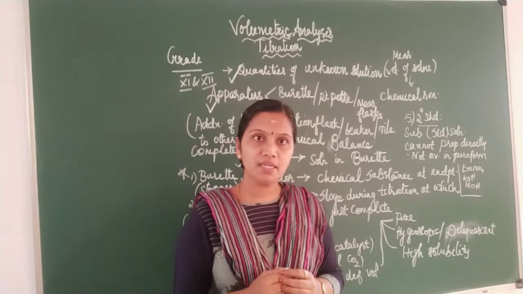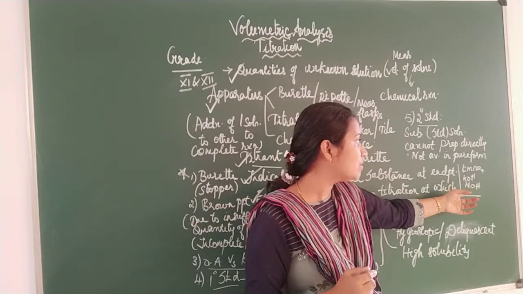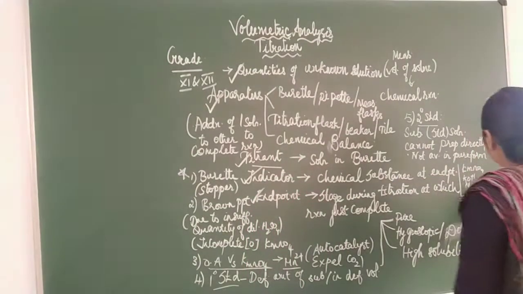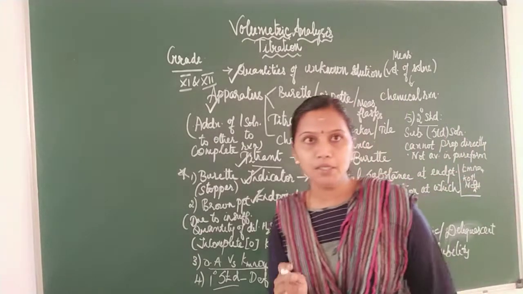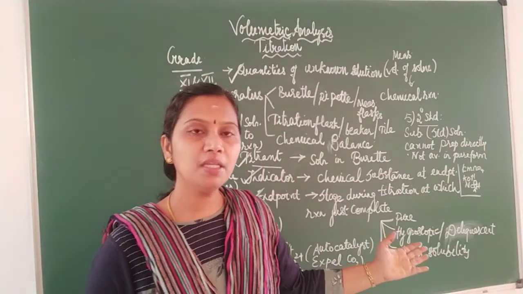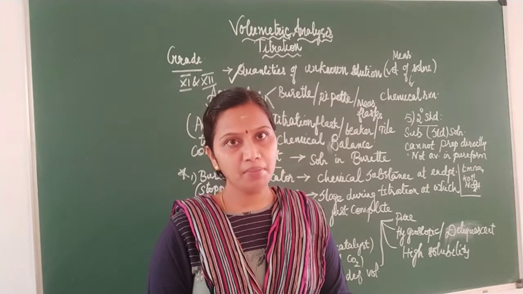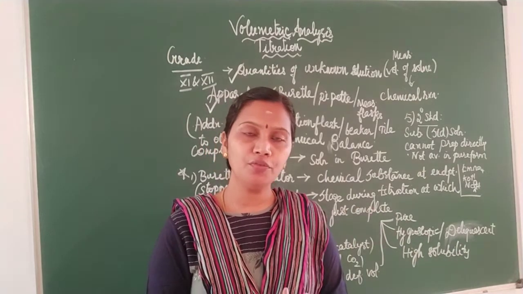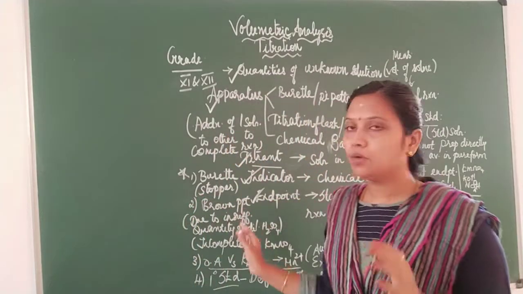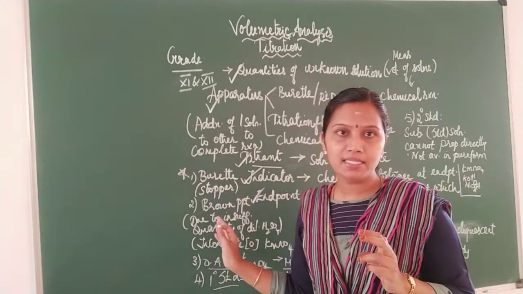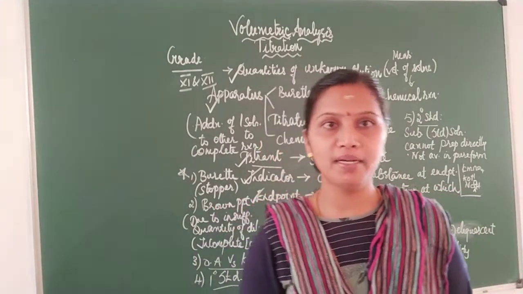Examples of secondary standard solutions include potassium permanganate, potassium hydroxide and NaOH. These are substances which are not available in pure form, so I refer to them as secondary standard substances. Because they are not available in pure form, you cannot prepare a standard solution directly. So you now know very well about volumetric analysis and standard solutions. Next we are going to proceed to how to perform volumetric analysis.